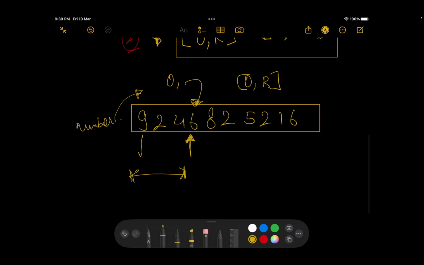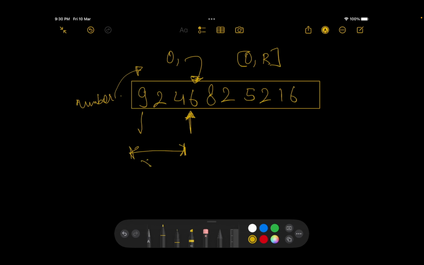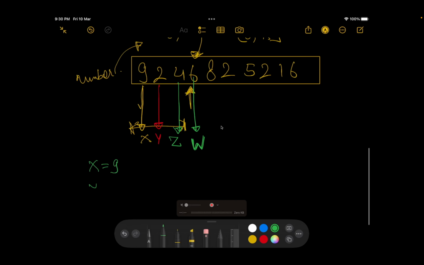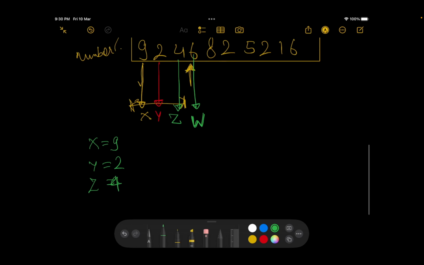What I'm asking is, if you have constructed some number, let's say x corresponding to this, a y corresponding to this, and a z corresponding to this. Now when you have to select this particular element and you want it to be an element W, what are your possible choices of W? That would depend on two factors. Now if your x is equal to 9, your y is equal to 2, and your z is equal to 4, so the number you have already constructed is 924, right?